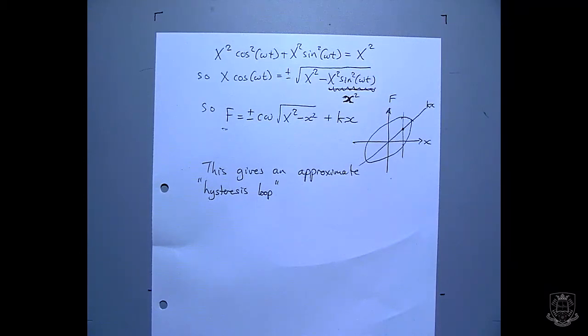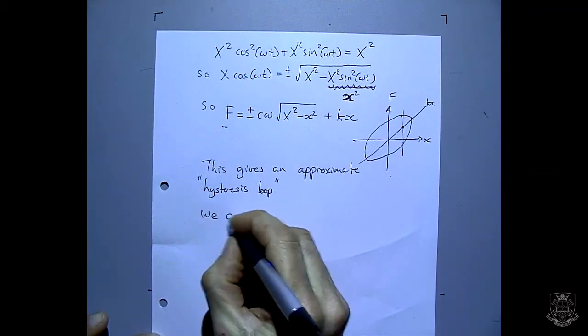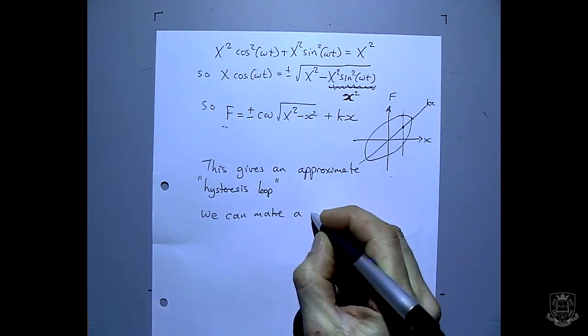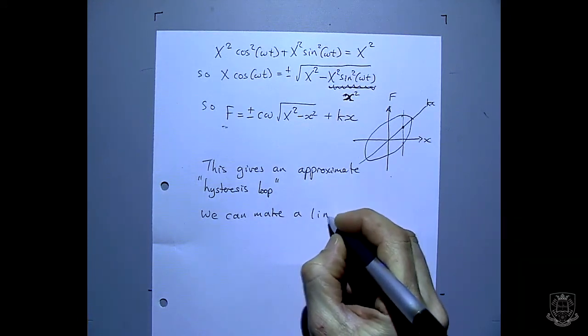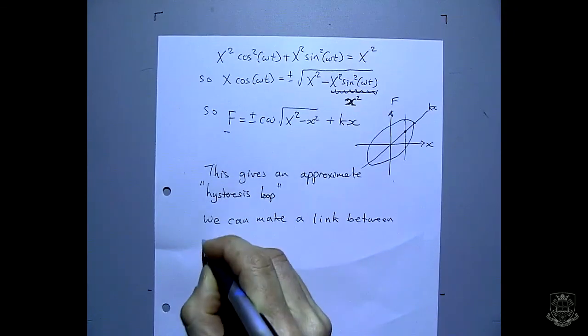And as I say, the main point of all of this is to try and capture this physical behavior that we observe in practice. So we can make a link between viscous and hysteresis